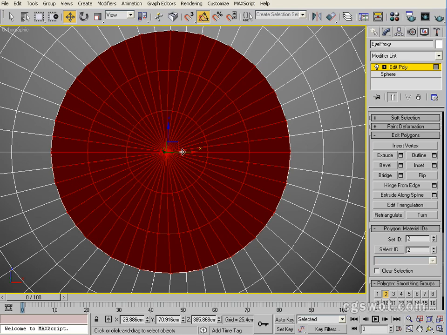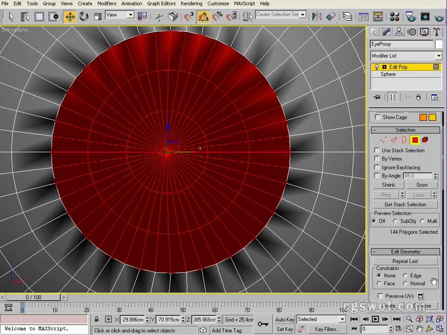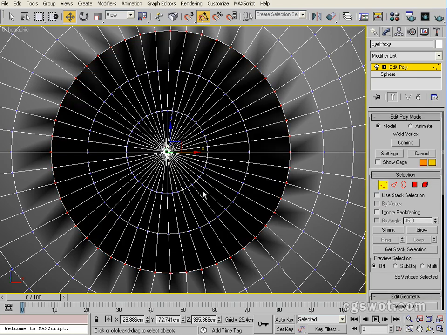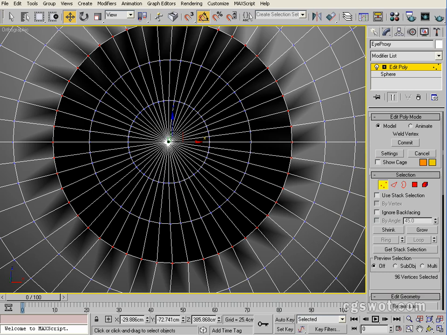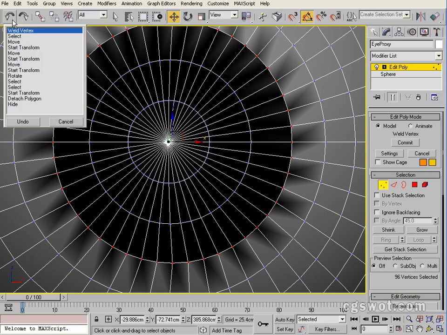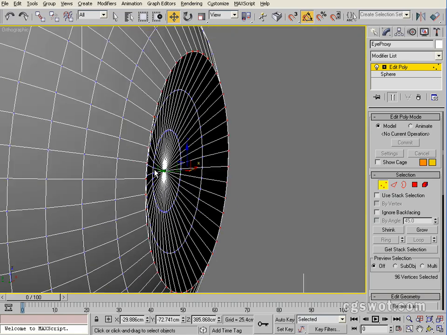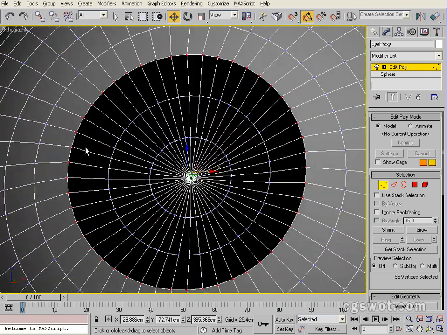Okay, we didn't have enough on the weld, so we're just going to undo that and just come back up into our vertice selection mode, and we'll just use our undo up here just to make sure. You can right click on the undo and come all the way down the list if we want to, but we just want to take that weld vertex out. Just undo that. Okay, so let's go, we'll make sure we've got them all selected, which we have,